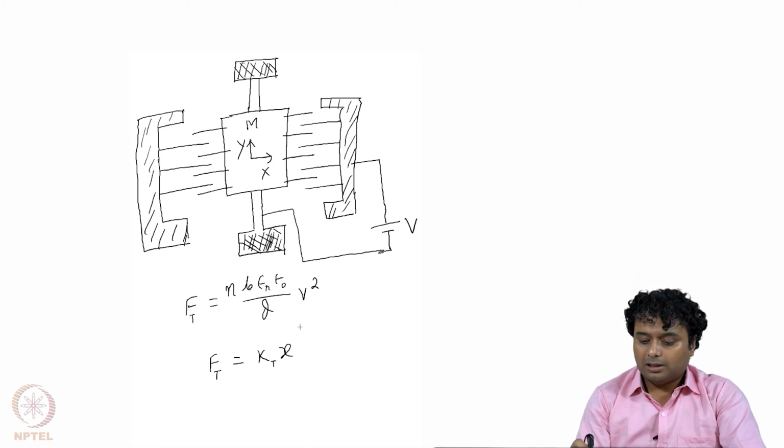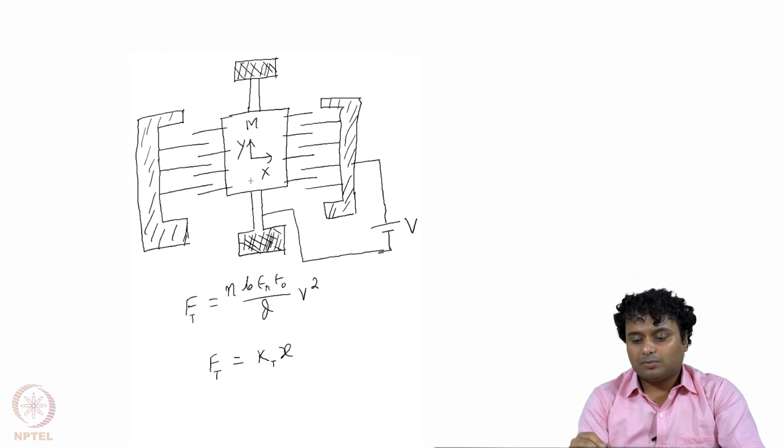So, whatever displacement or movement we want for the proof mass, we can implement by just